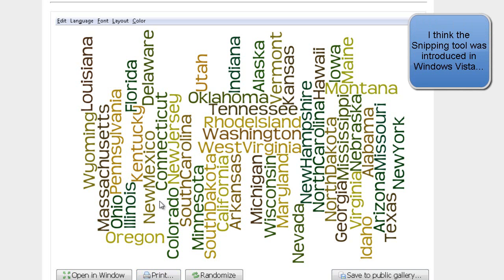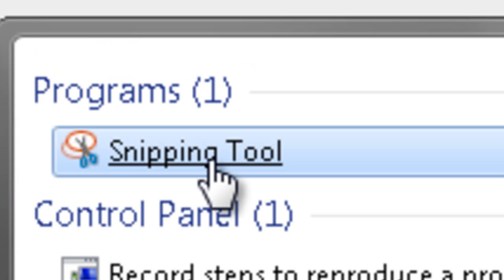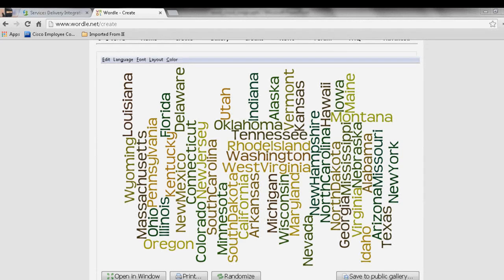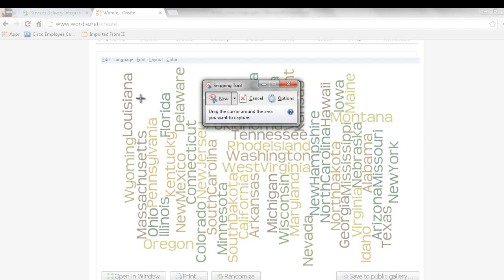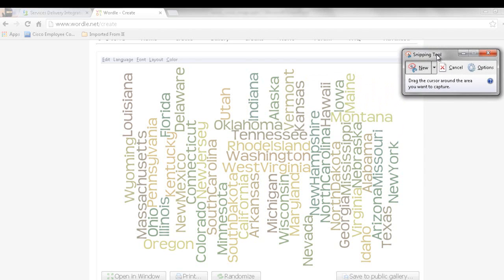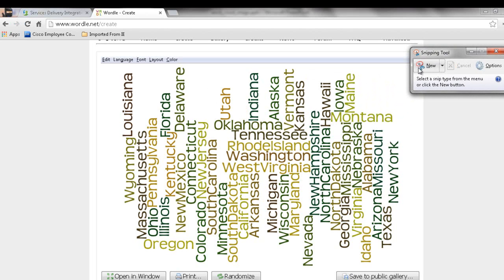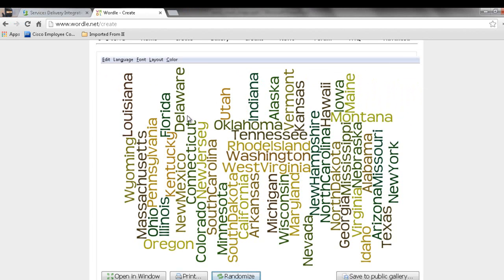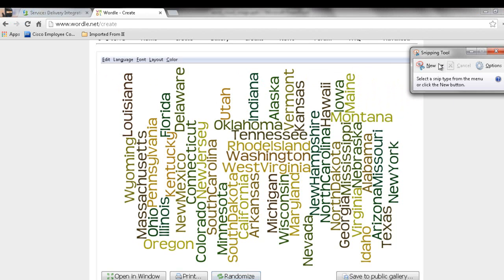So if you go under the Start menu and just type snip, you're going to get the snipping tool. This basically lets you take a screen capture. So if I take this snipping tool and click New, and basically choose Rectangle Snip,